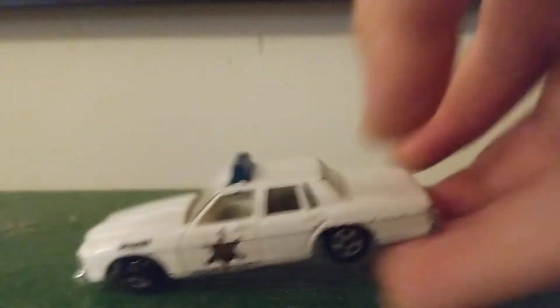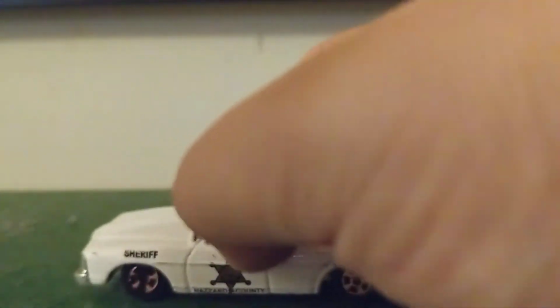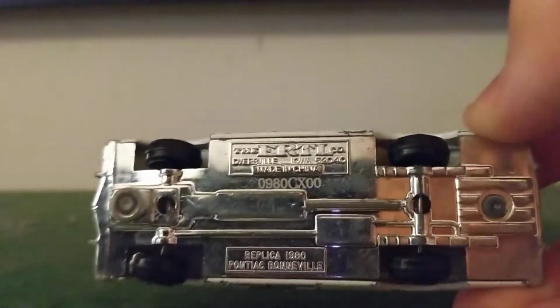I mean, if you can see inside the interior, there is actually an interior. And it has a little hollowed out place for the steering wheel, which is surprising because the General Lee doesn't. Like, there is no place in there for the steering wheel. So it's kind of odd that they would pay more attention to the police car than the main car itself, but, you know, I guess they had their reasonings. Here's the bottom of it. It's 1980 Pontiac Bonneville. I'm sorry about that. But